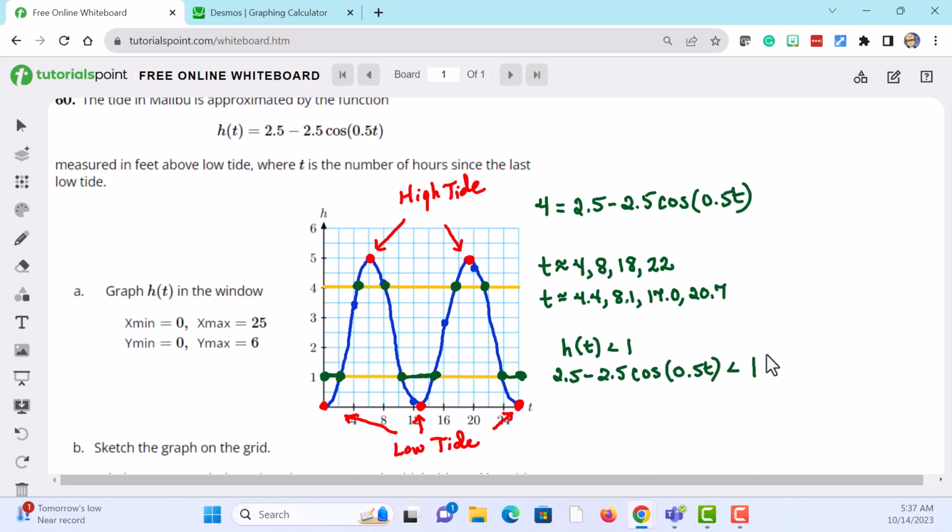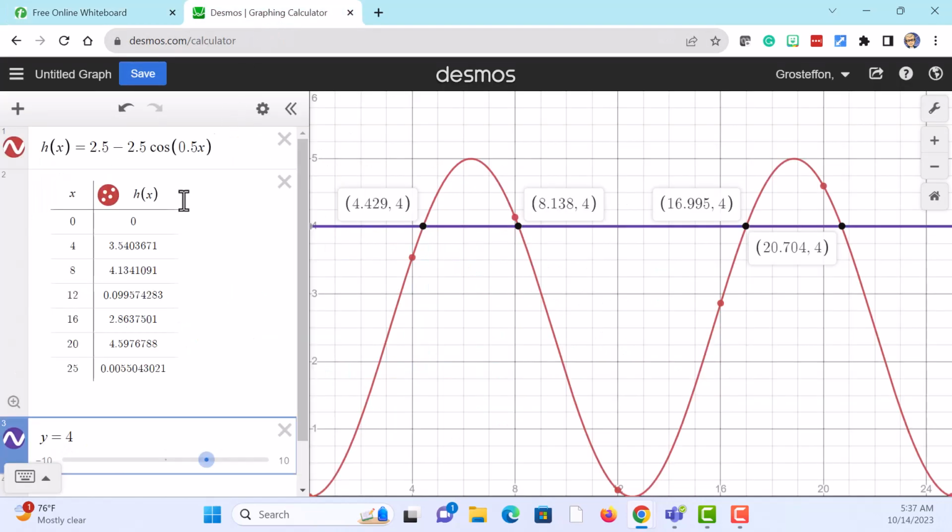We don't have the tools to solve that algebraically yet, but from the graph we can see that that occurs when time is greater than 0, actually I guess greater than or equal to 0, and less than our first intersection point. To get that, it looks like it's at about 2, but on our graphing calculator we can change